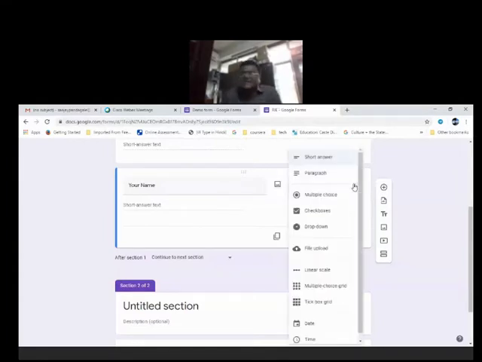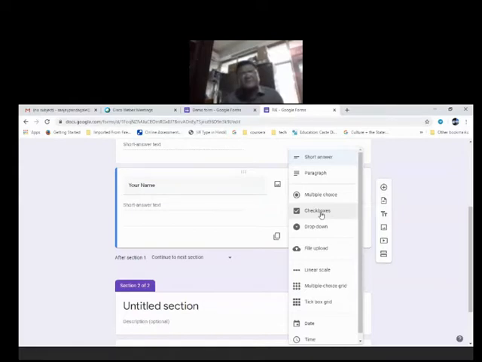So what kind of questions can I prepare with the help of Google Form? The first one is short answer. We know what is short answer. The second one is paragraph. We know what is paragraph. Then multiple choice. That means out of 3 or 4 or 5, we have to choose only one. Only one will be the correct option out of whatever options we have given. Then check boxes.